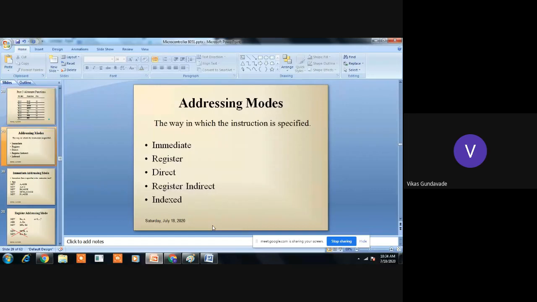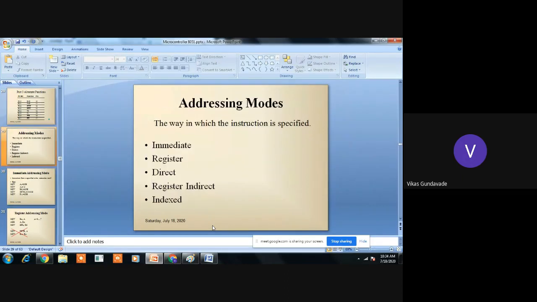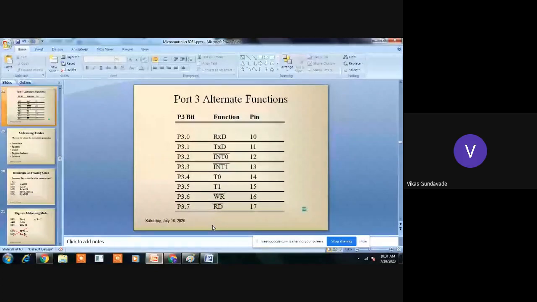After that, we will see the different addressing modes which are available in the microcontroller. Up to now, we have seen the microcontroller architecture with the different specifications and functions, then the different pins and the use of pins. At the same time, we have seen the port 0 demultiplexing and how the address and data lines are interfaced to the memory. Now, are there any queries up to this, so that we can move further towards the instruction set of the microcontroller? Are there any queries?